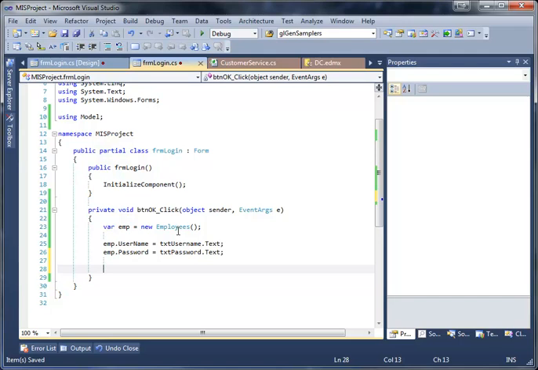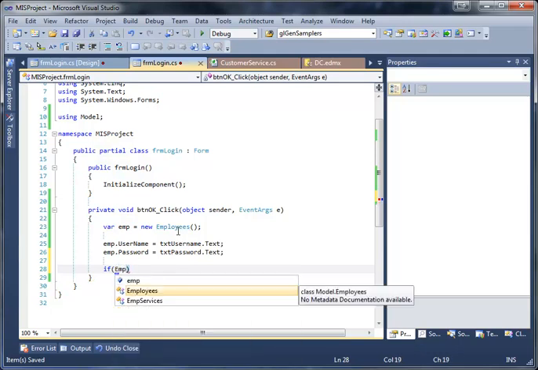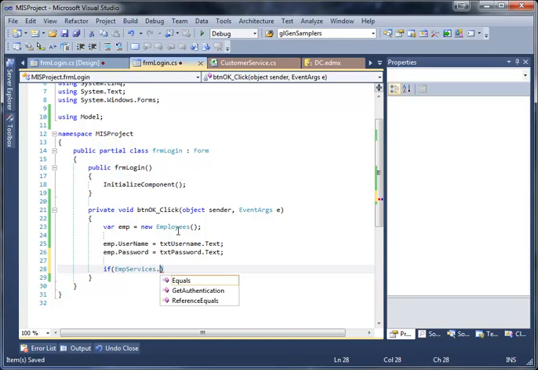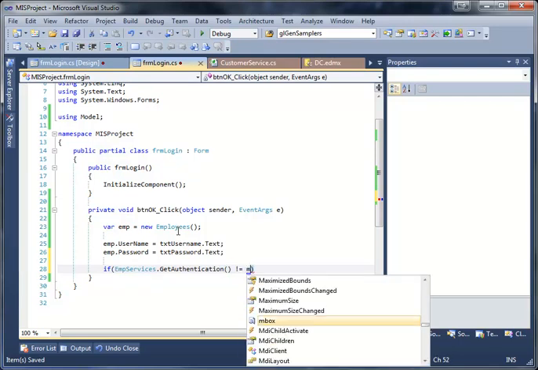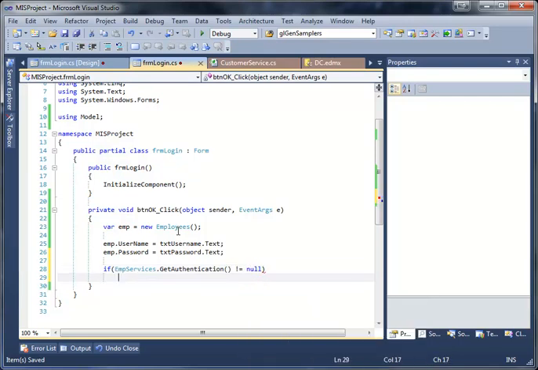And in here I'm going to just say if emp services dot get authentication doesn't equal null. So if it is actually not null, then I'm going to say, not message box, in fact,